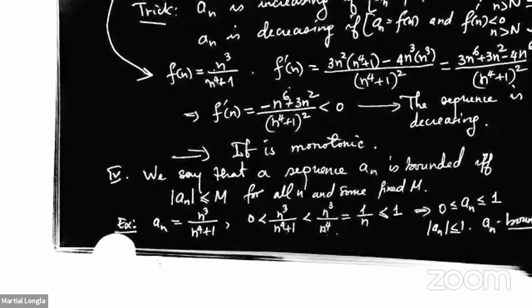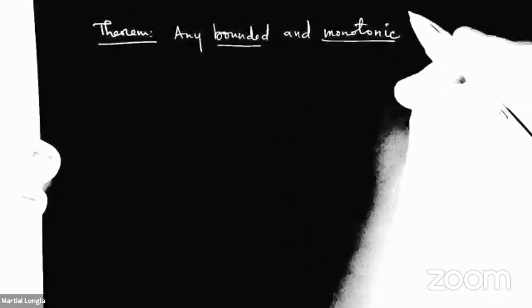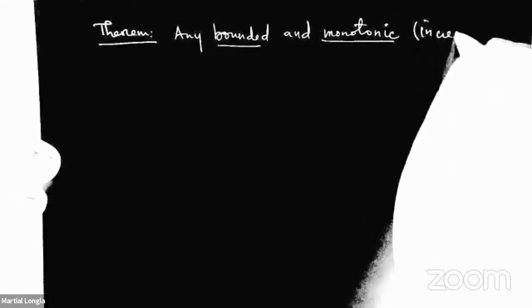Now, with the notions of boundedness and monotonicity comes a theorem that says, if I can't find the limit of a sequence, I can perhaps know whether it exists or not. And the theorem says here, any bounded, which is what we just explained, and monotonic, which we just described, which means increasing or decreasing,